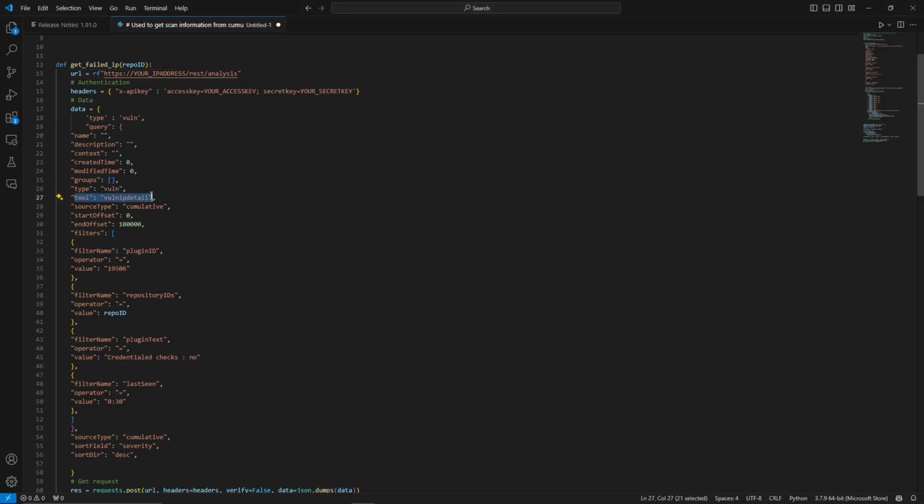Tool, this is a big one. So in my case, the information that I am looking for is specifically related to the IP summary. And in this case, it seems to be the vuln IP detail. So if you go back over to the API documentation,